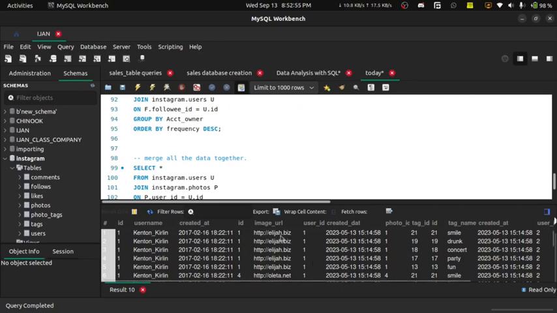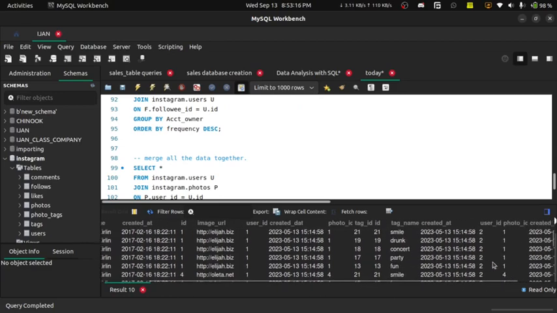If you look at 1 2 3 4 5, they are all the same picture that belong to this user, and they have this particular tag. So you can see the tags here: smile, drunk, concert, party, fun. So probably this person was in the party, right? Something like that. Then created at, and also